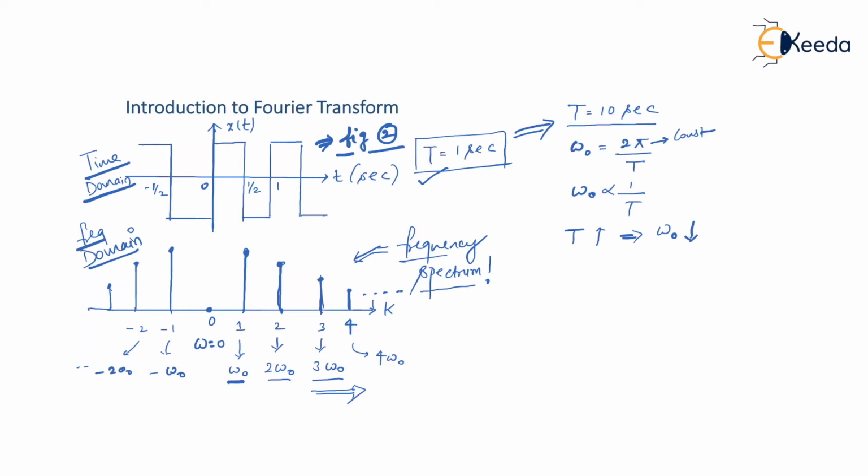In this frequency spectrum, if omega naught is reduced, please understand that 2 omega naught will also get reduced, and 3 omega naught will also get reduced. In fact, you will get a similar frequency spectrum. The only difference is that now the spacing between these samples reduces. Am I right? So effectively, you'll get this type of frequency spectrum. Initially, whatever frequency spectrum we had now gets converted into another frequency spectrum.